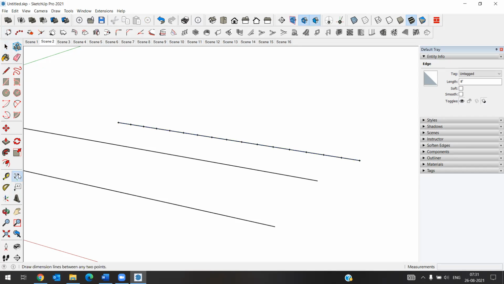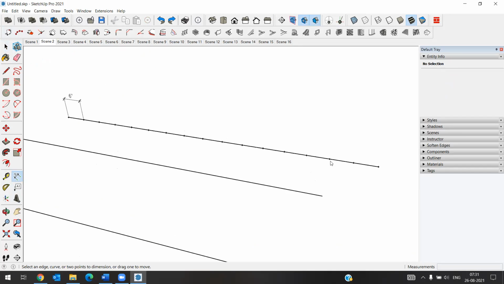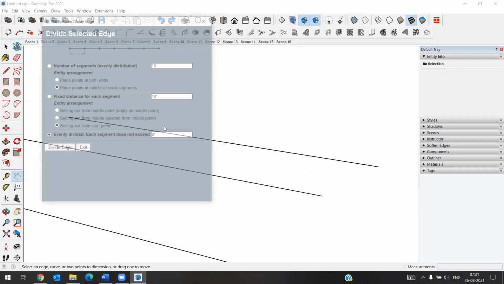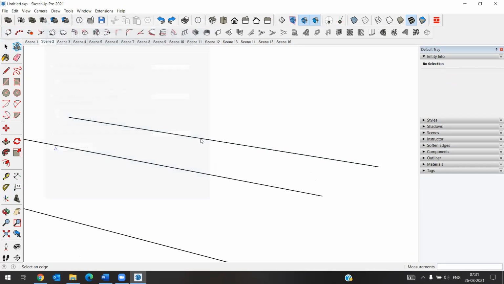Now if you see, every part will be less than 6 inches or 6 inches. Otherwise I will take 9 inches. Okay, 9 inches I will take, divide evenly this one. So each segment will be 9 or below 9.